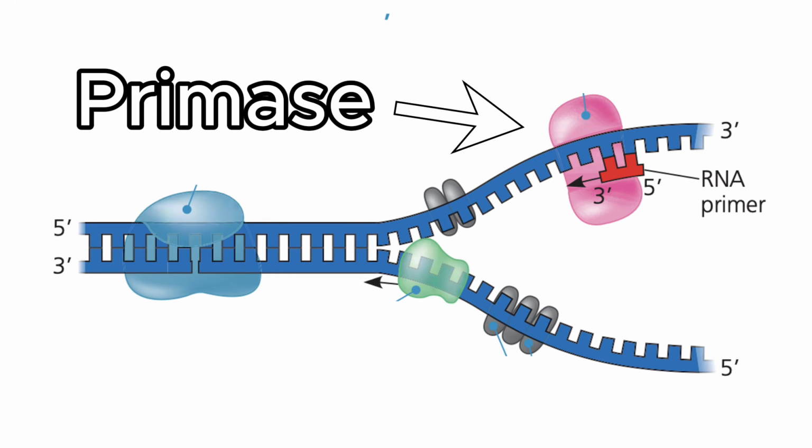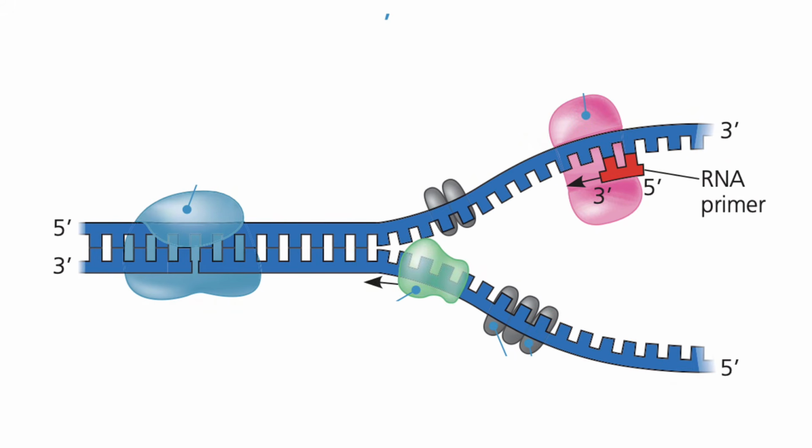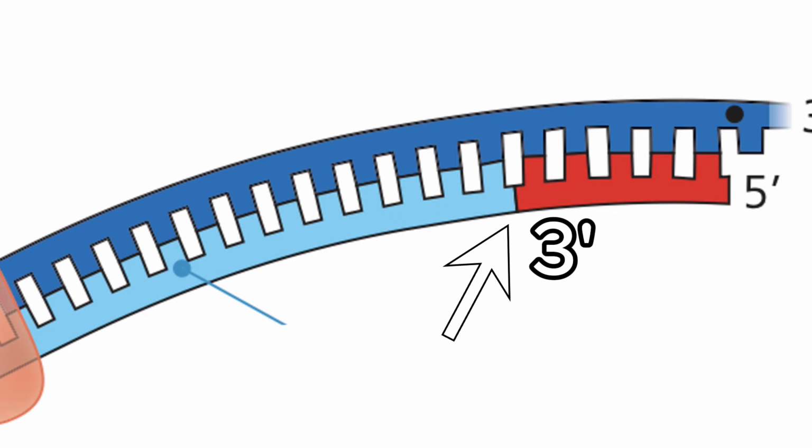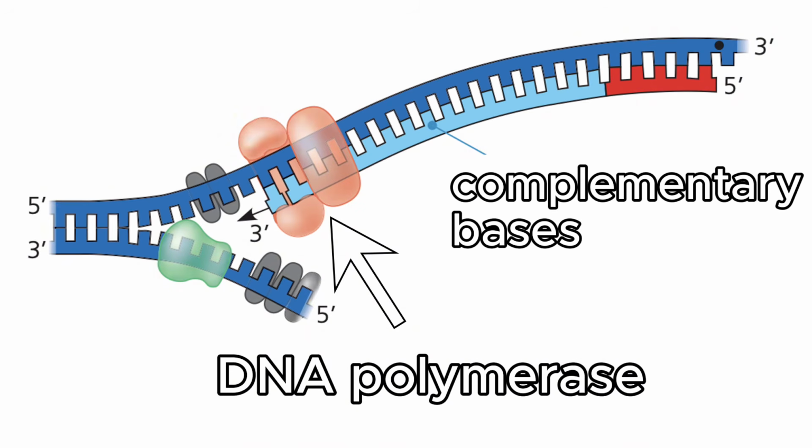You see, primase is an enzyme that begins the actual process of DNA synthesis. It lays down a short RNA primer against the template strand of DNA, again synthesizing that RNA strand in a 5' to 3' direction. Now that we have that 3' end, DNA polymerase can do its thing and place down the correct complementary bases against the bases on the template strand,